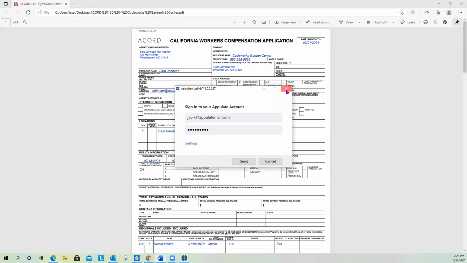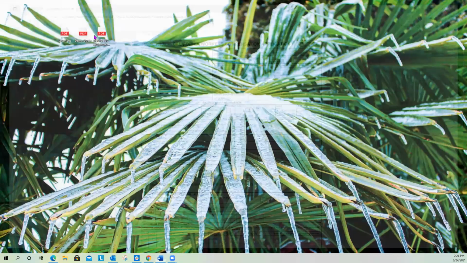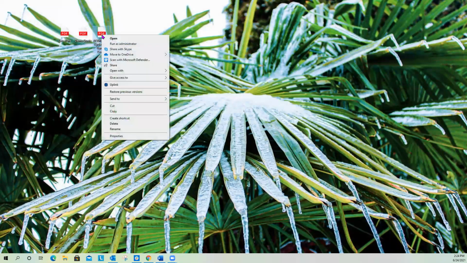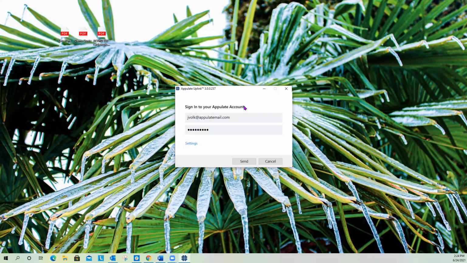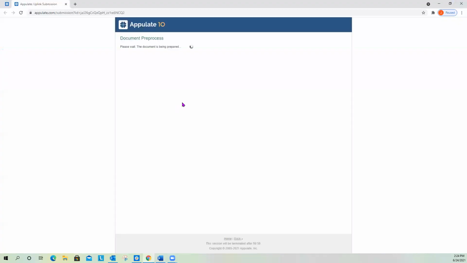The second way to utilize Uplink is a popular shortcut. You simply just right-click on your Accord form, and from the drop-down menu, choose Uplink. That same pop-up appears asking you to validate your credentials. There's no right or wrong way to use Uplink, so feel free to use whatever way feels the most comfortable for you. And once your credentials are confirmed, your workstation will open Appulate and ask you to confirm the desired